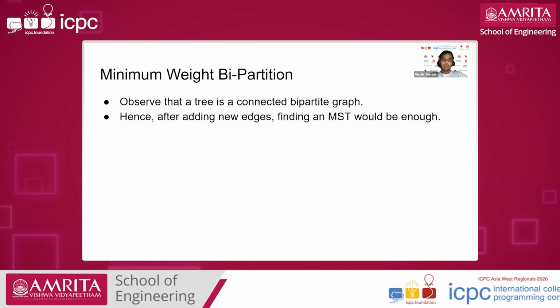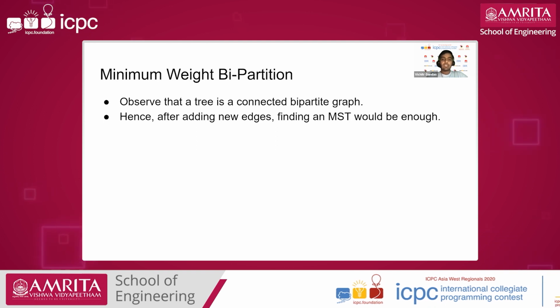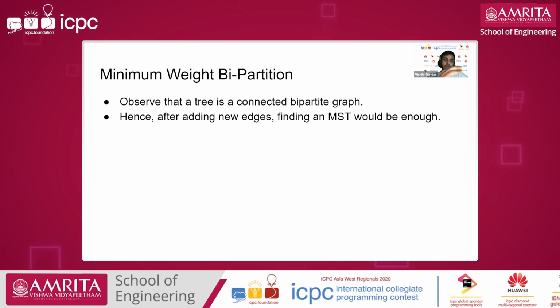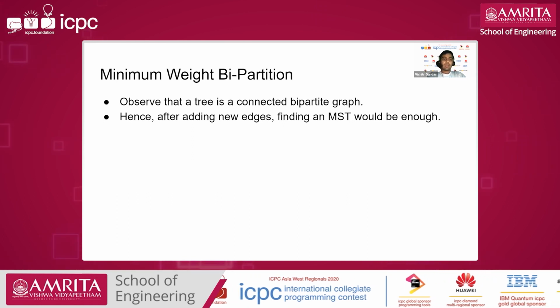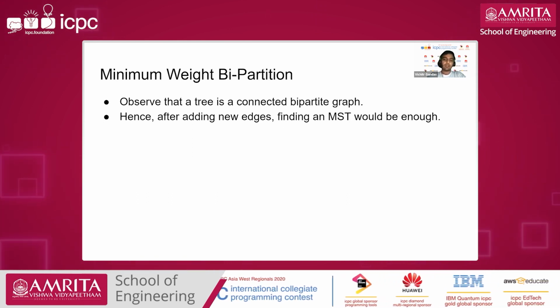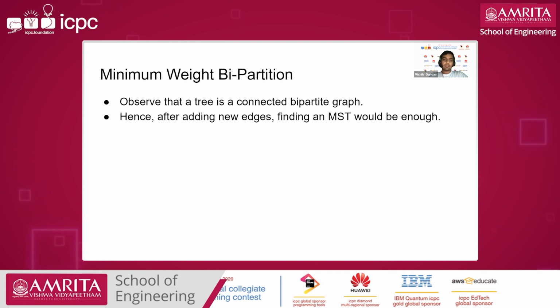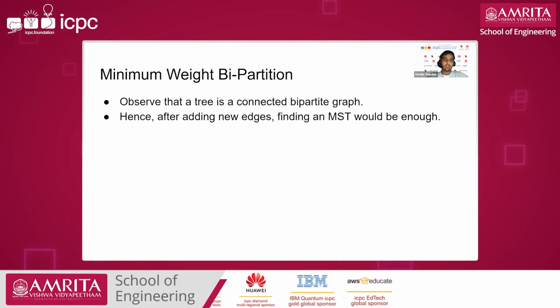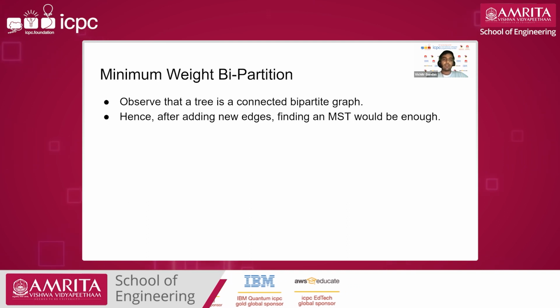So once we noticed that a tree can be a valid answer, the next part was to minimize the weight. That can be minimized by picking the MST of the graph. We always use the existing edges, then we add some more edges. The cost was the absolute value of A_u minus A_v. But what can we do is